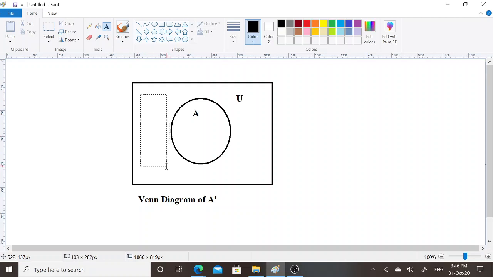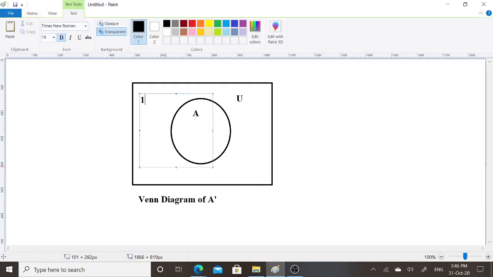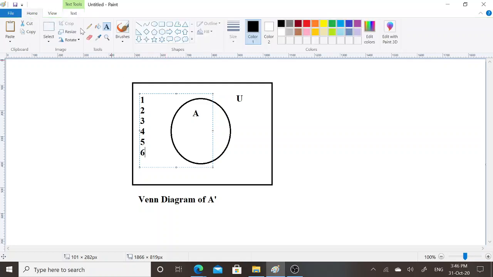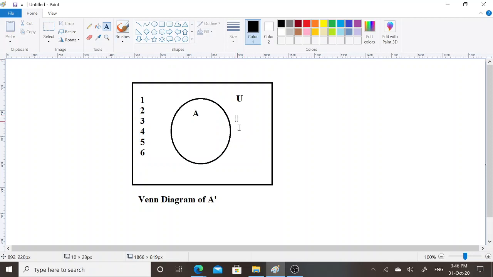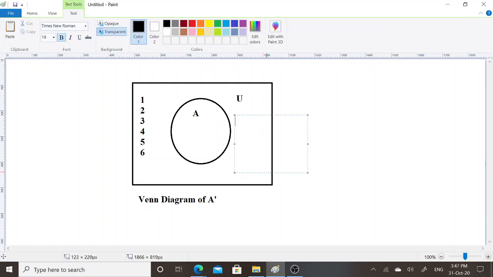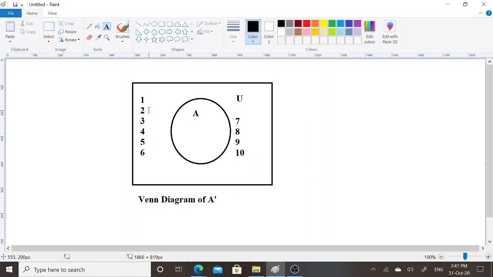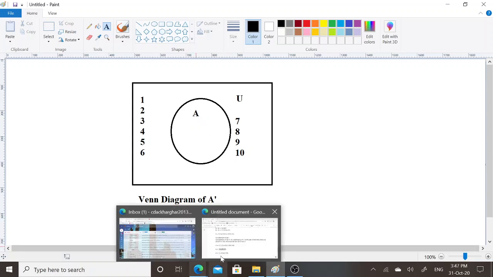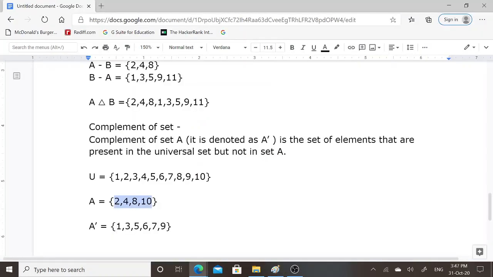Elements that are present in universal set are 1, 2, 3, 4, 5, 6, 7, 8, 9 and 10. Elements that are present in set A are 2, 4, 8, 10.